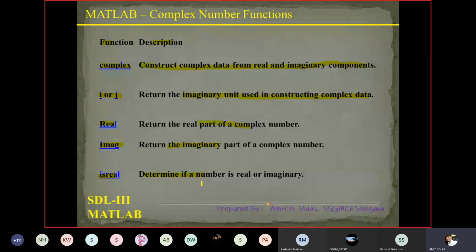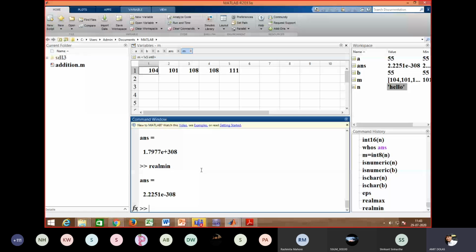Let's go back to MATLAB and do a small exercise. I will say a is equal to 5 plus i of 7. I think it is 7i or i7. Okay, 7i. So you can see here the real part and imaginary part are there.